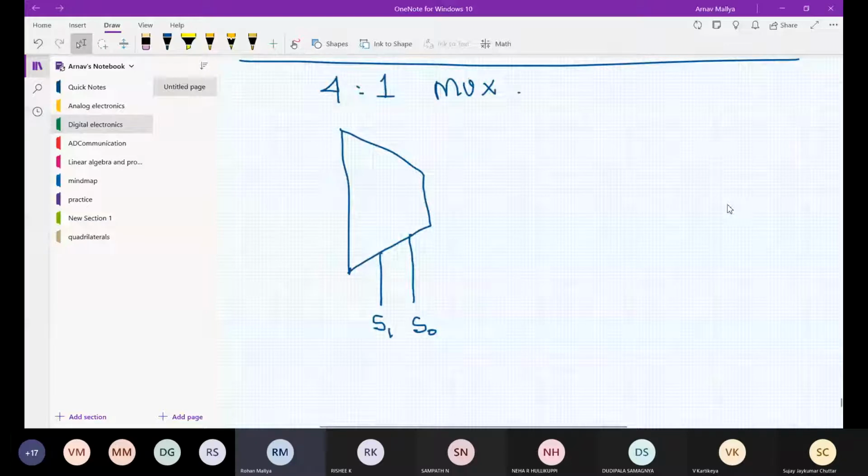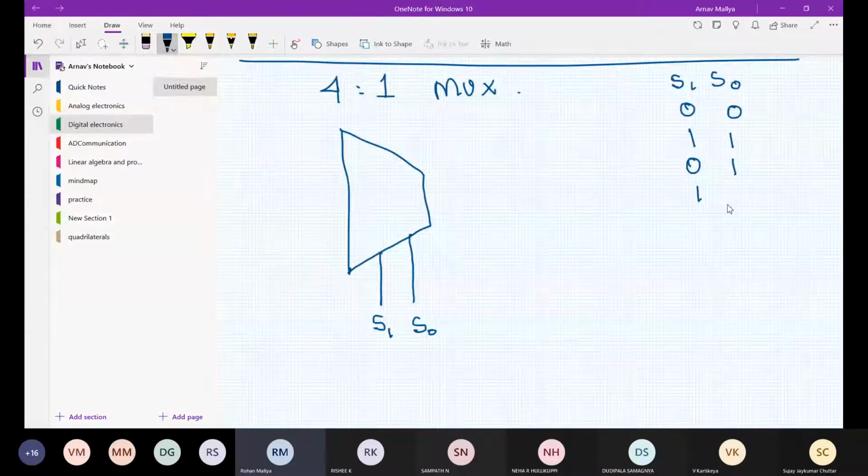Both can be 0, both can be 1, this one can be 0 and this one can be 1, and S1 can be 1 and S0 can be 0. So I have four possible combinations generated. That means I can handle four input lines this time. I can make small changes in the select lines and choose any one of these as my output.